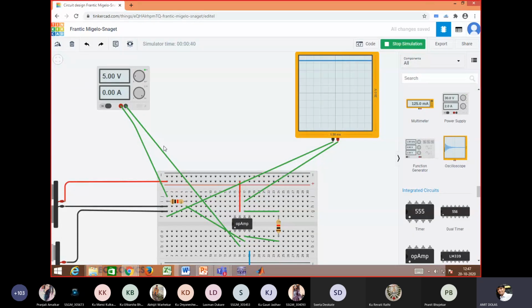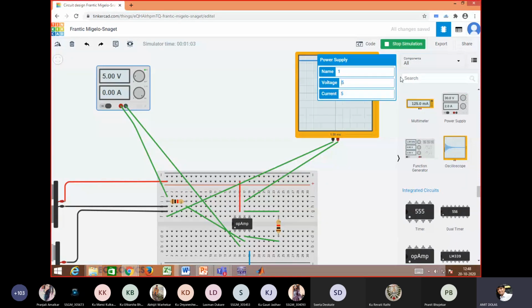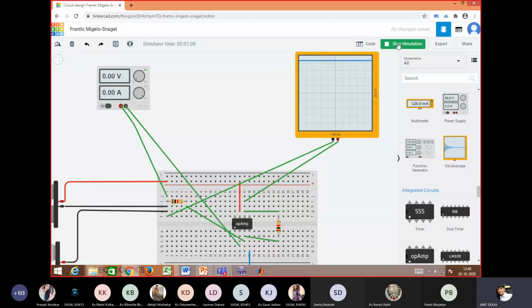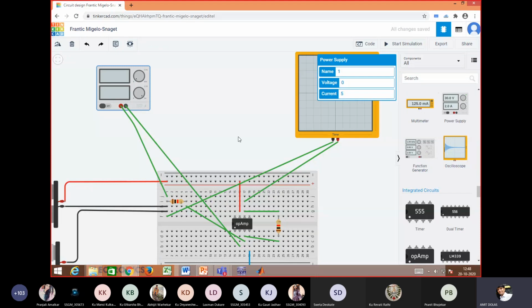Whenever I reverse the polarity, meaning I give -5 volt to the input, the upper threshold is activated and we get positive Vsat output. As we are getting these two levels, definitely your circuit is okay. There is no problem with the circuit.